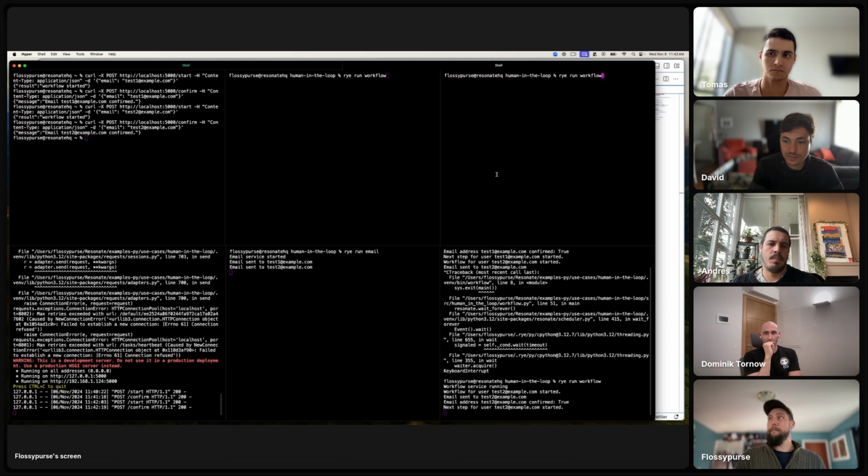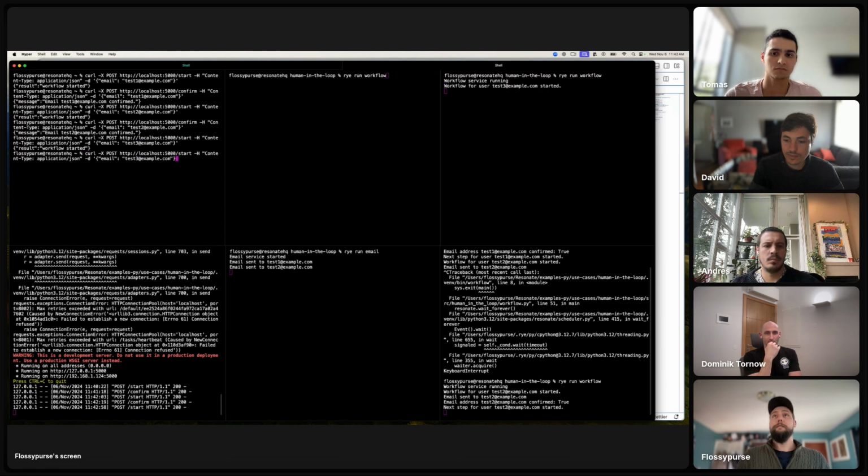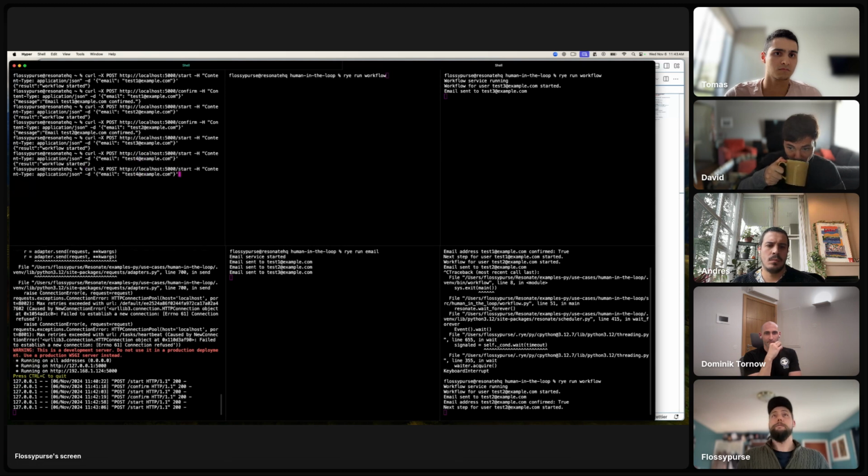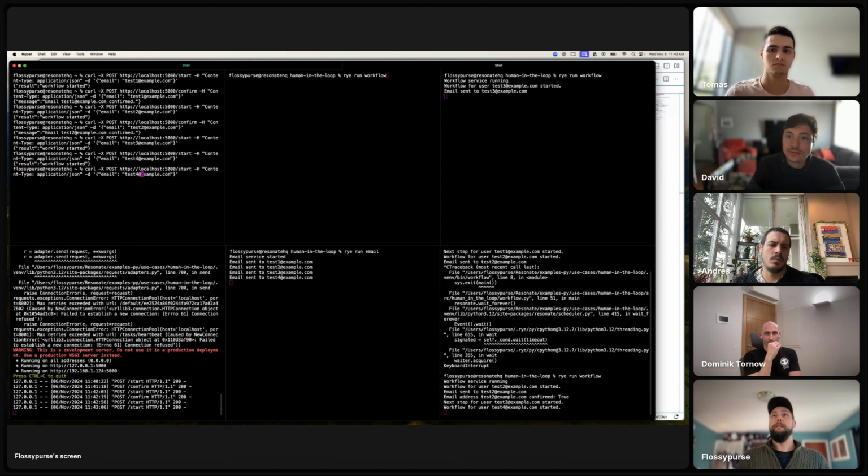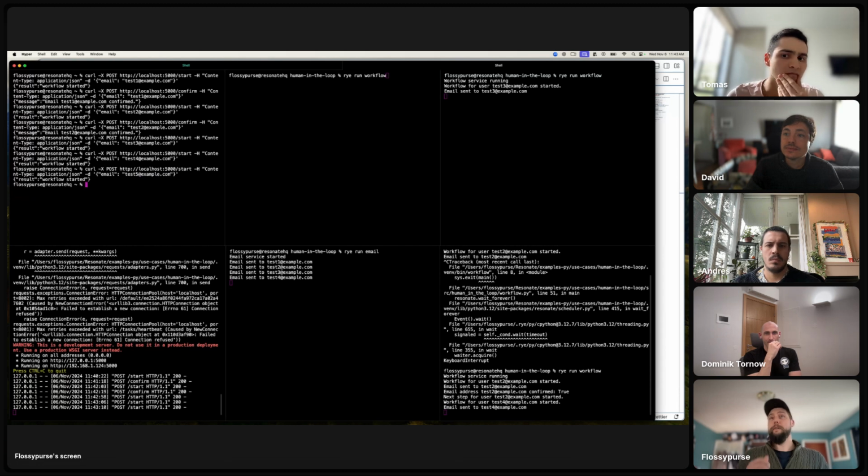Dominic already demonstrated a bit of the distribution aspect of Resonate, but let's do that again here, running another application node with the same workflow code on it. We'll start 1, 2, 3 more.